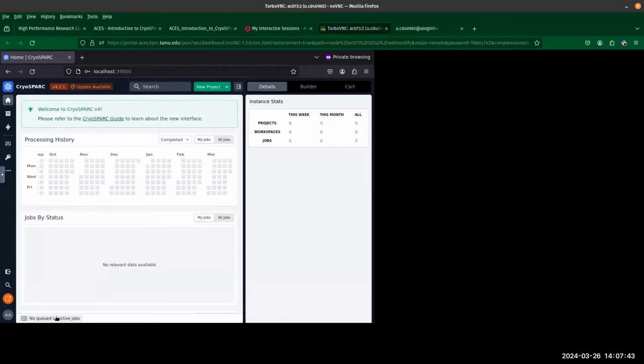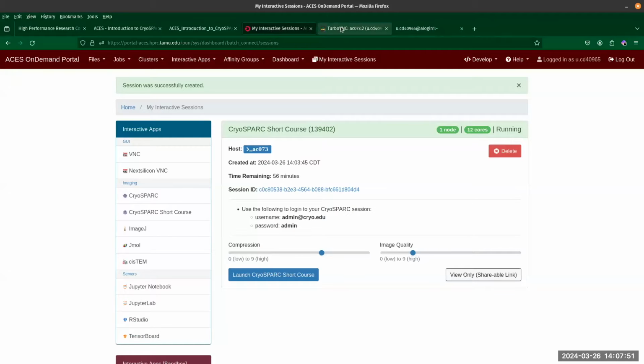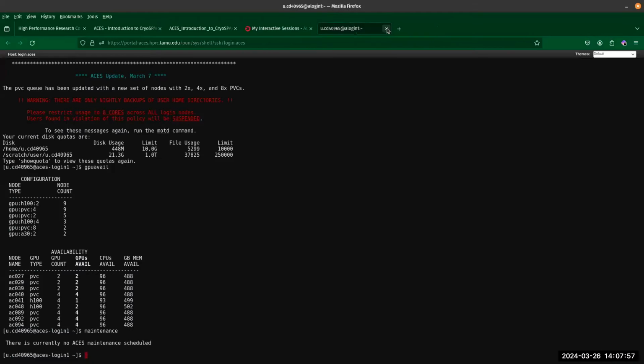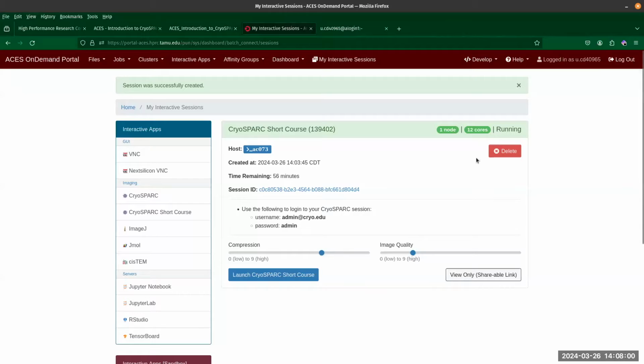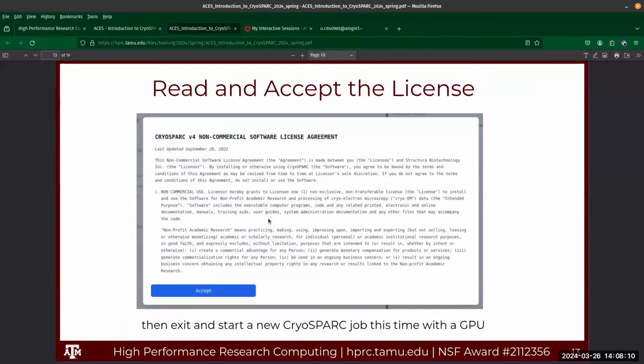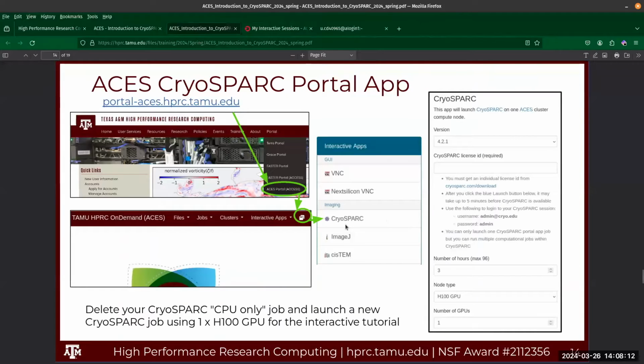Wait just a second. Okay, looks like there's not going to be any. So you can close this window here and then come back to your session here and then delete this job. Yeah, so we want to delete it. And then what we want to do, accept the license, then we want to start a second job or a